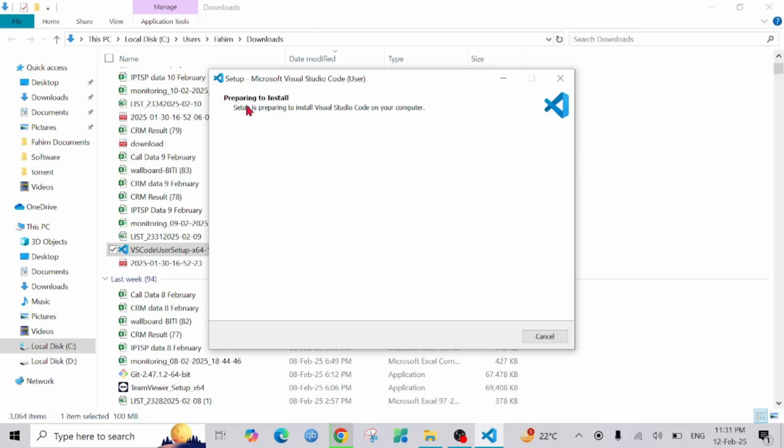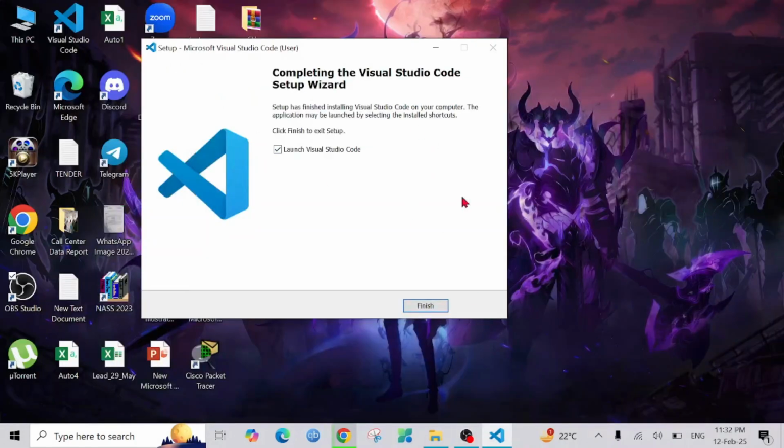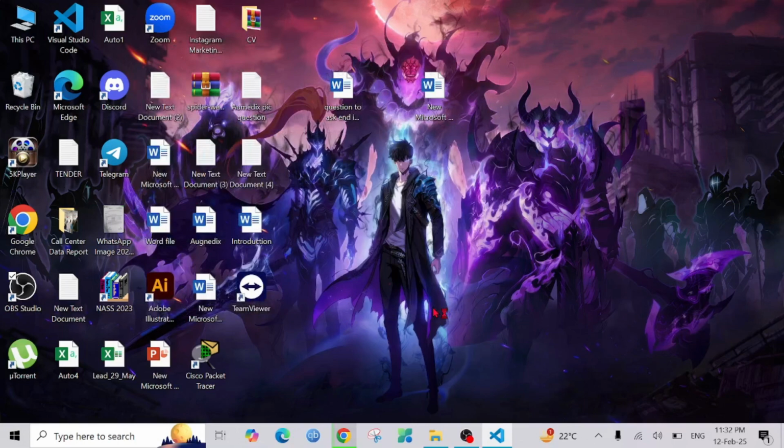As you can see, it is preparing to install the file, so just wait a bit, and the installation process is started. So you have to wait a bit to completely install the Visual Studio Code. And as you can see, my installation process is complete. All I have to do is select this finish option,